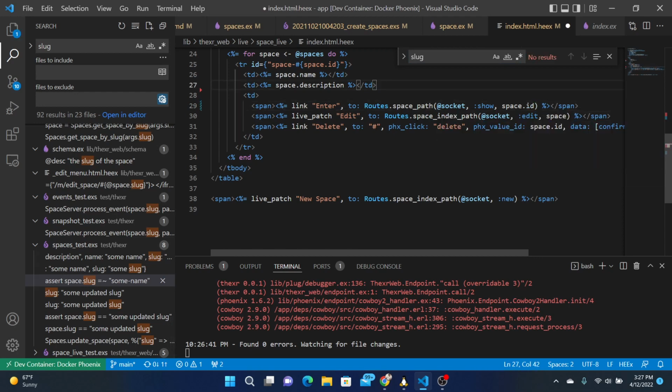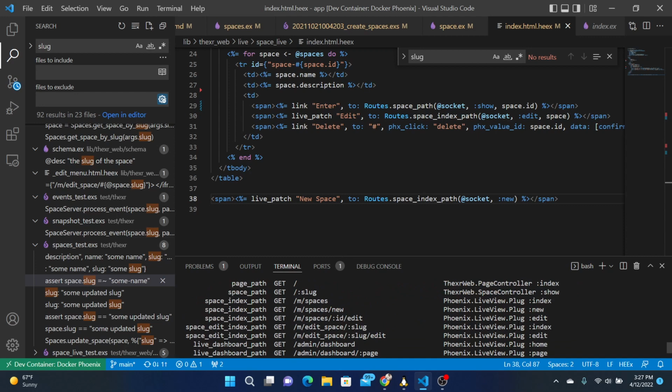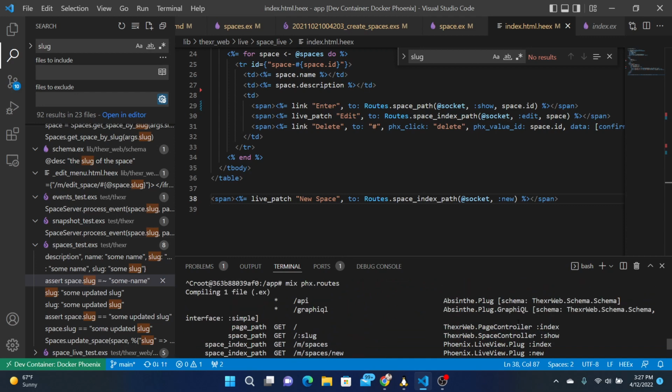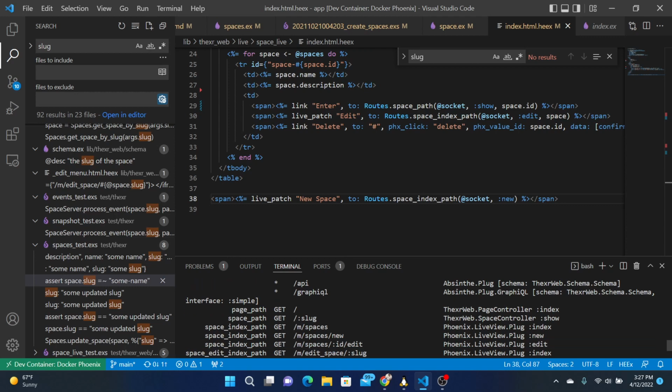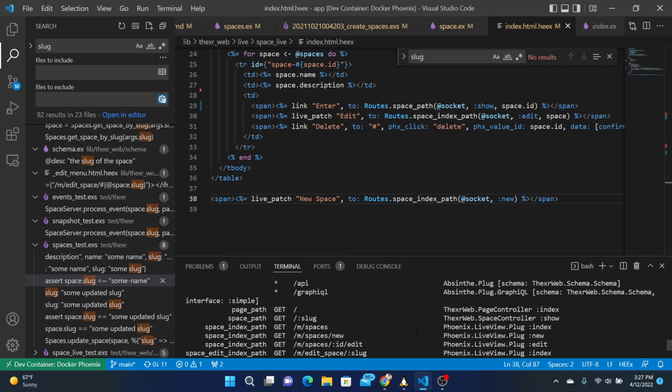Enter space path. Ooh, gotta change that route. Space path. Save this, but it's going to look like mix phoenix routes. We have this thing that's called slug. Why don't we just say S for space and then have the space ID?